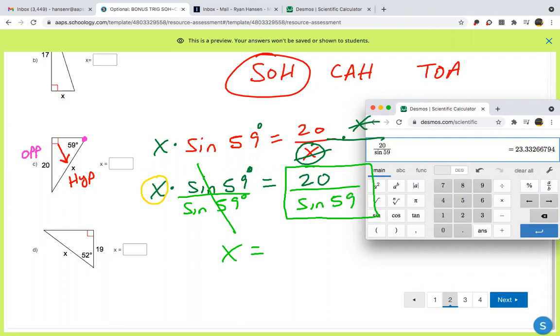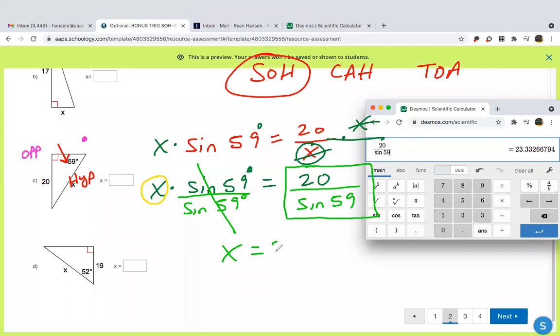23.33, which to the nearest tenth is 23.3. And this would be like meters, feet, something of that nature. It is a side length. In this case, it was the hypotenuse. All right, so that's 3 down, 1 to go as far as using sine, cosine, tangent to find unknown side lengths. So let's move on to the final step here, part D,